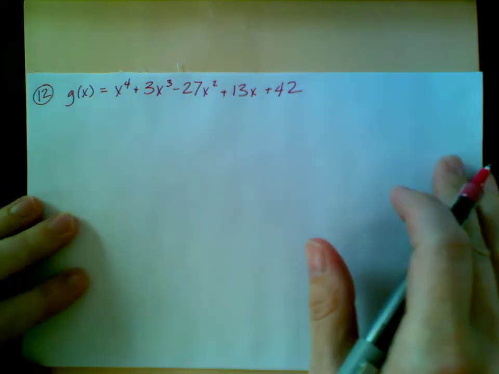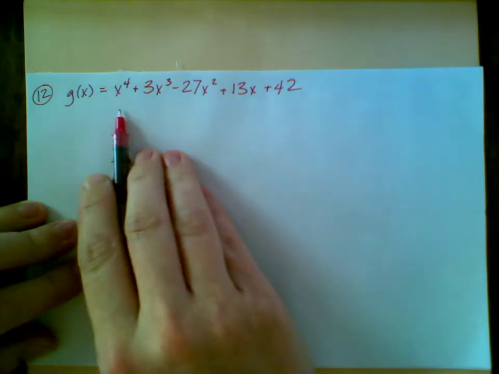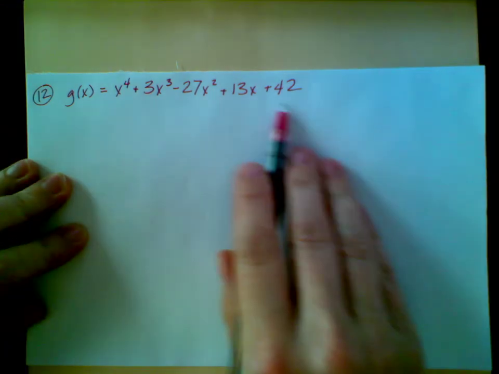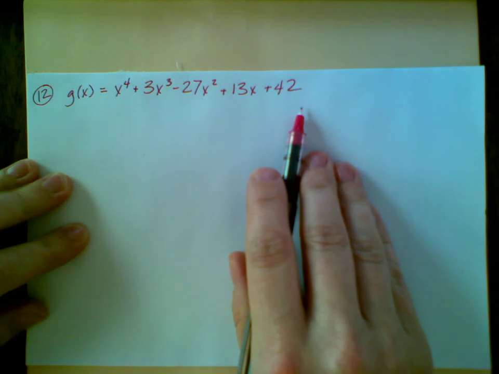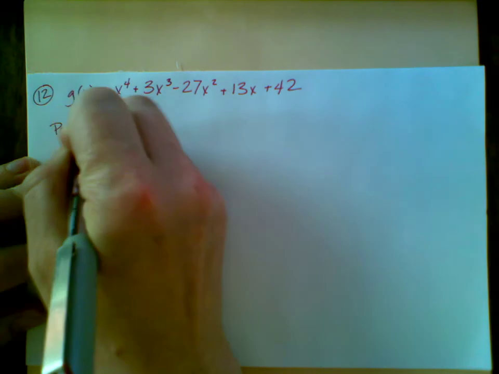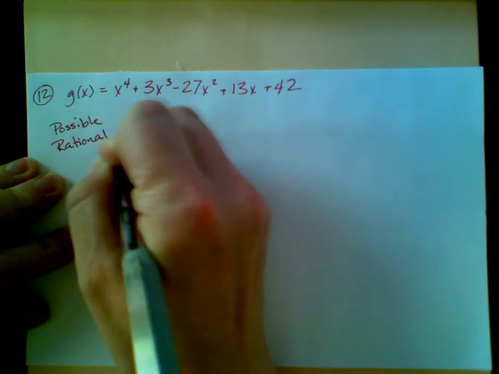Okay, so now we're going to factor number 12 here. We have a fourth degree polynomial, and there's not really a special strategy to use for this one. So we're going to use the rational roots theorem. We're going to list out the possible rational roots,